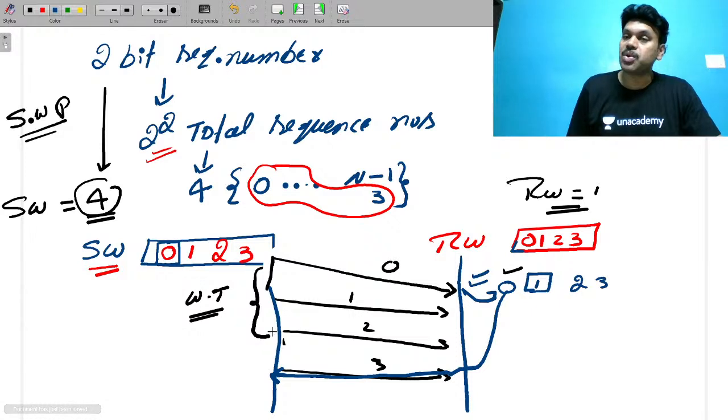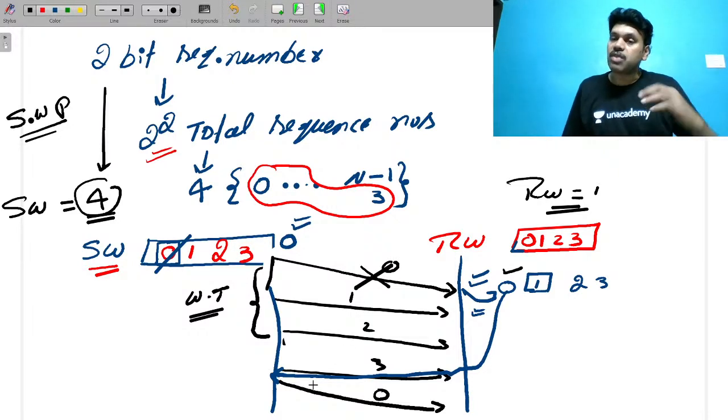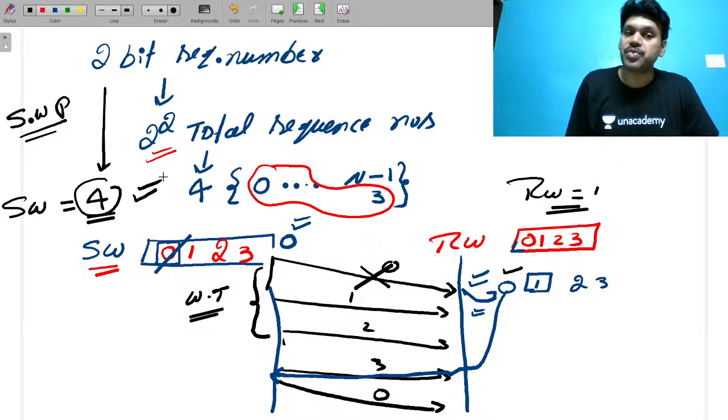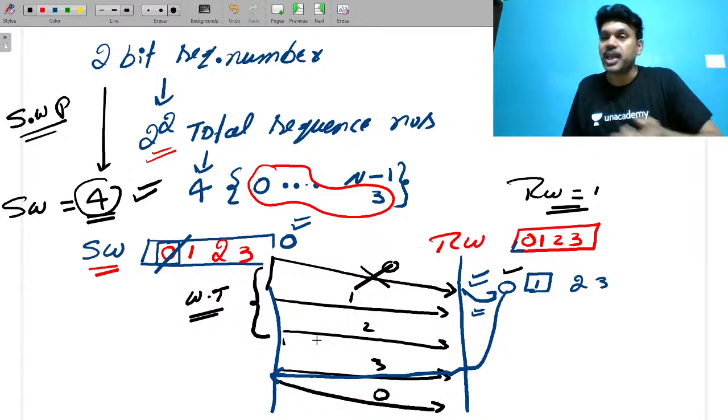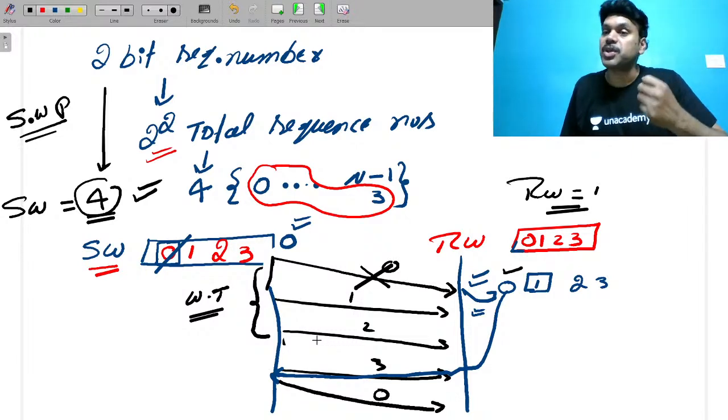As soon as you get the acknowledgement of the first frame, the next frame is immediately processed, but I will not be free. I am going to give you another frame, since 0 has already been received, so I am going to transmit the next 0. Soon after this is acknowledged, I am immediately transmitting frame 1. Therefore, the sender always maintains a window size of 4. Please observe, whenever you get acknowledgement for one frame, I immediately transmit a new frame.